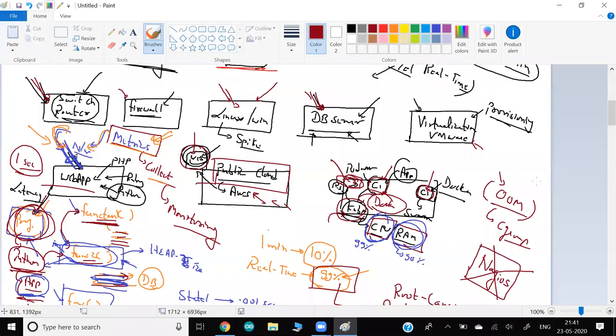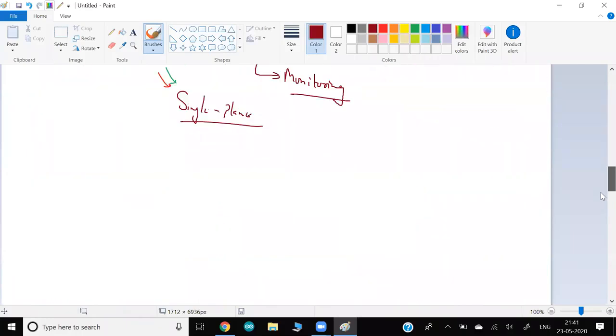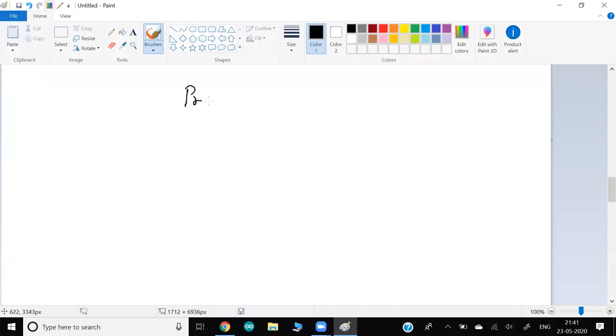But before this, let me first start with the main topic for today. Today, the main topic is Prometheus. The role of Prometheus is to go and collect information about something, and that something is called metrics.